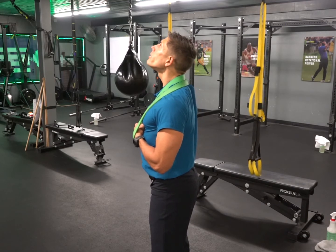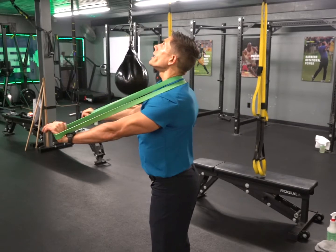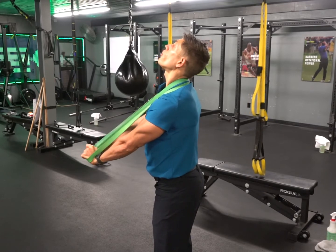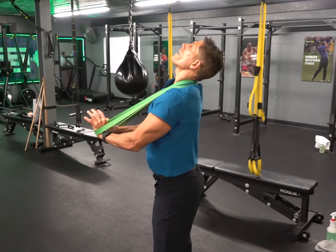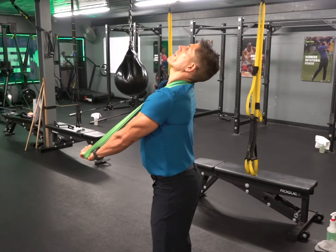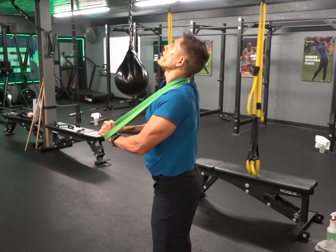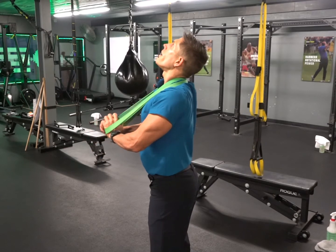chin tilt up, then engage the resistance here. You can see my neck muscles are already working to keep my head still and not fall forward. Then you retract your head back, let this come back, still keeping resistance. Then you push forward, pull back, come back. See, there's still resistance here, and then as I push forward, I'm gonna pull my head back again, retract, retract, and you're gonna keep doing this